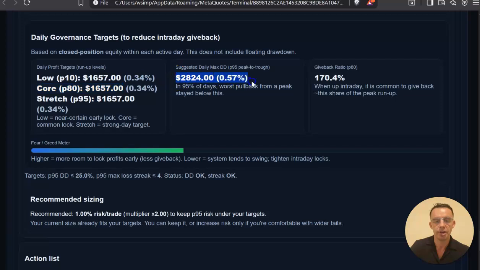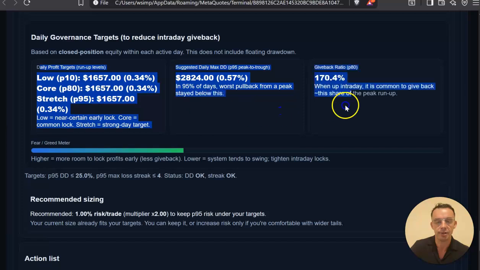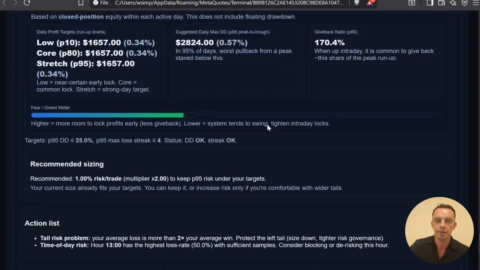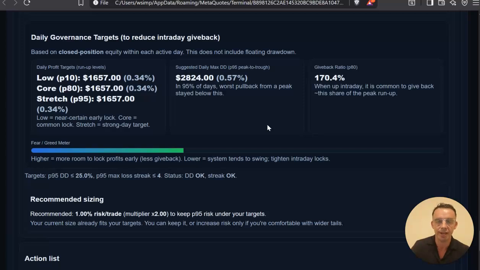So this is the daily max drawdown, and what this is telling us is the give back ratio, and we use that for the give back features. So it's telling us that if we reach any of these peaks, there's a high chance you will give it back. This is why we use statistics to target certain profit targets, instead of just doing what every other retail EA does. It continues taking signals. This uses real statistics, real data from your live trading history, tracks it, and gives you